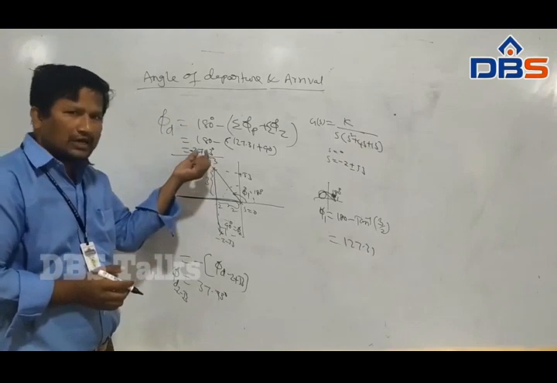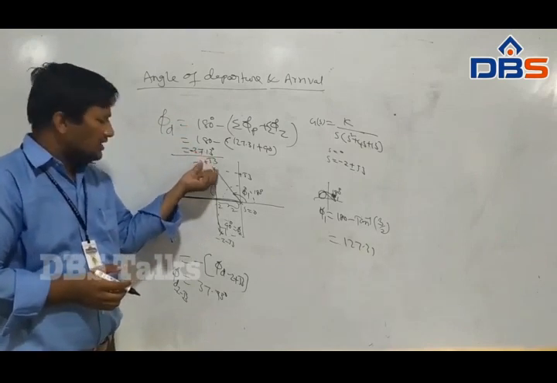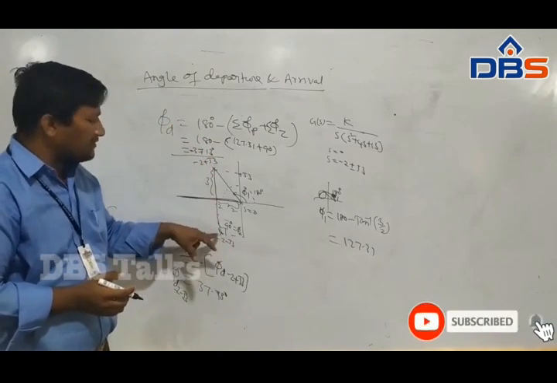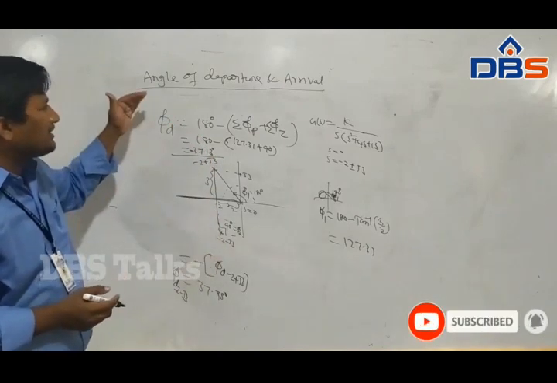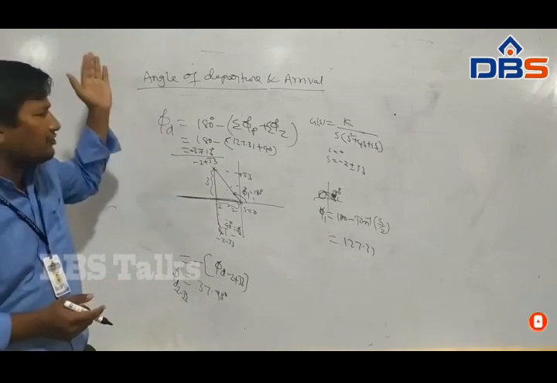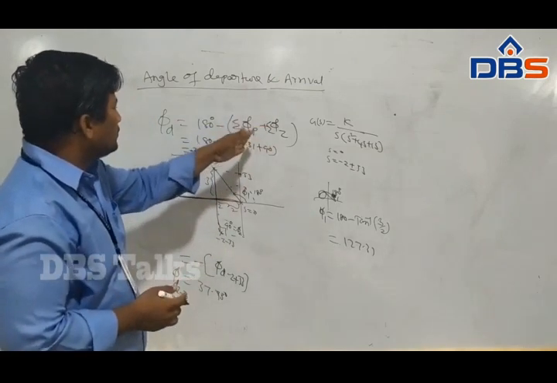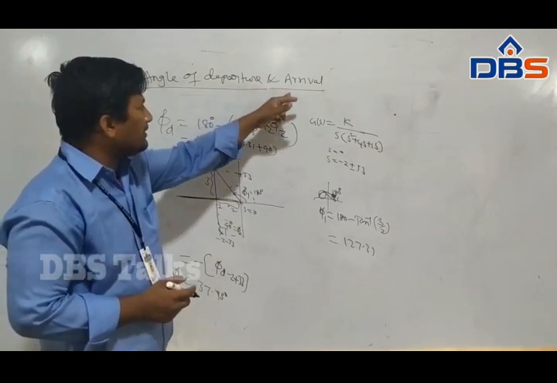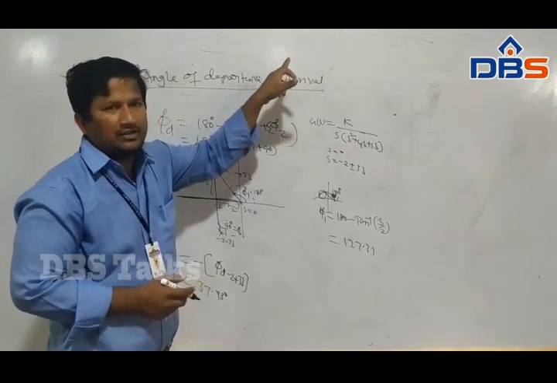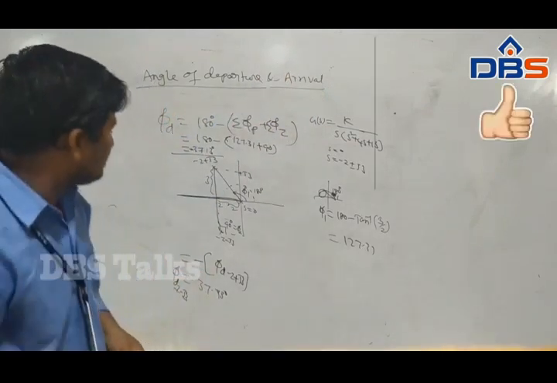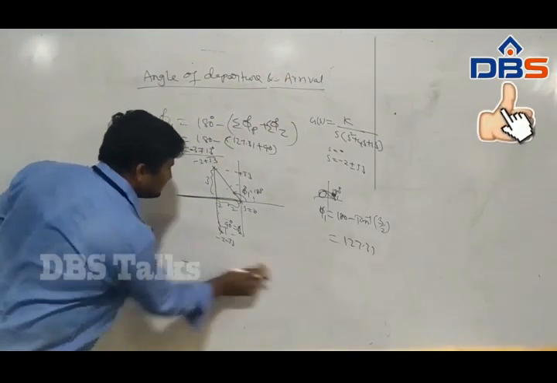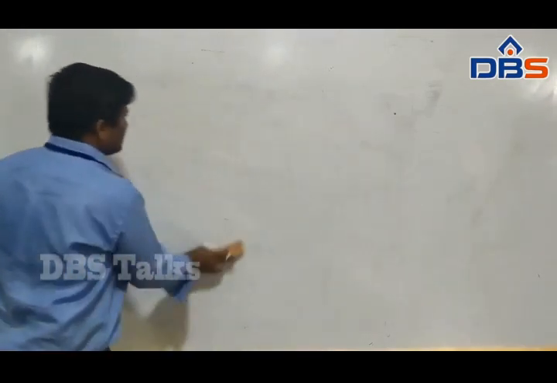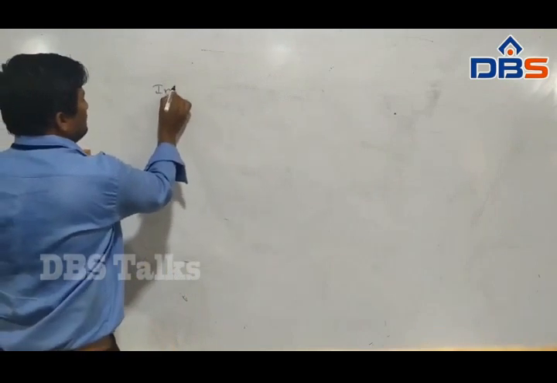First of all, we have to calculate one pole's angle of departure. Then the angle of departure of the other pole is exactly the negative sign of it. Like this we calculate the angle of departure, and the angle of arrival also, because when complex zeros are appearing, we have to calculate the angle of arrival. And the last rule is the intersection of the imaginary axis.